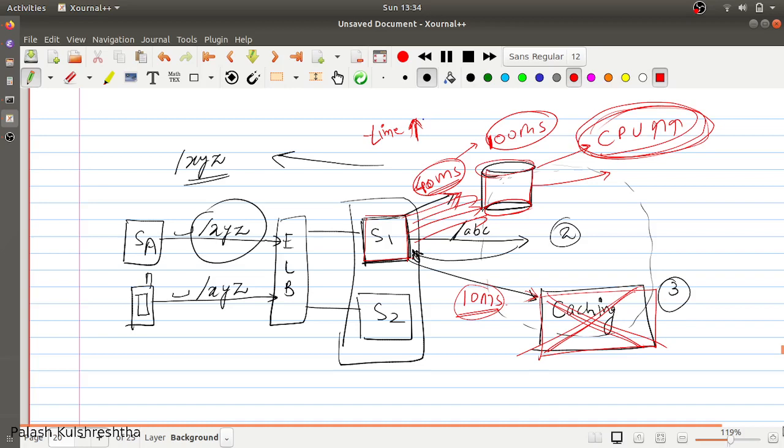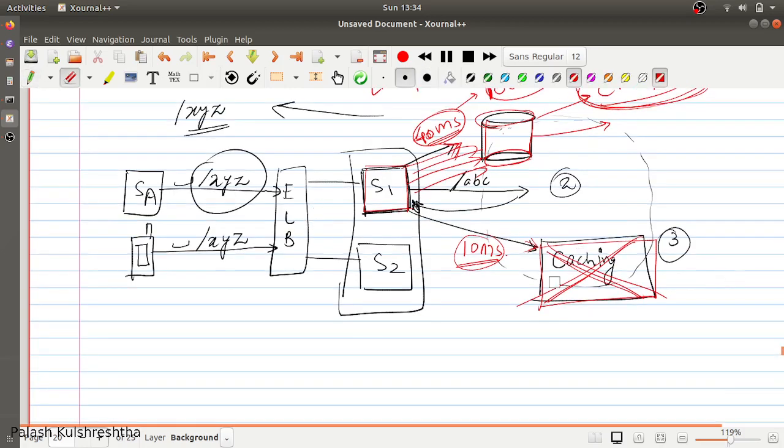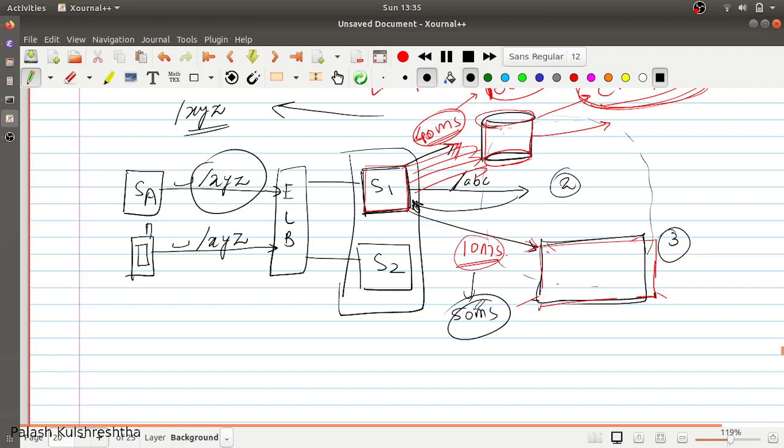Okay, another possible scenario is, let's say the caching system did not go down. Rather than going down, it is having bad latencies, or it has basically degraded. By degraded, I mean earlier it was giving responses in 10 milliseconds. Let's say the hardware or software of this instance has degraded, due to which it is now taking 50 milliseconds. So we are taking more time than normal to access the data from cache, and you can see the API latency is going to increase.